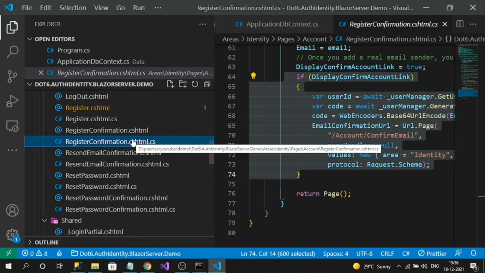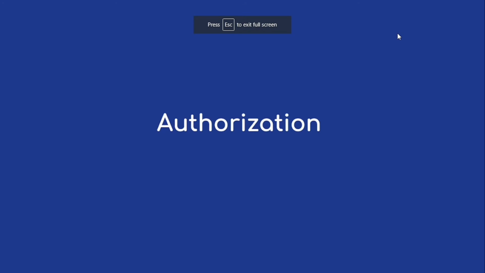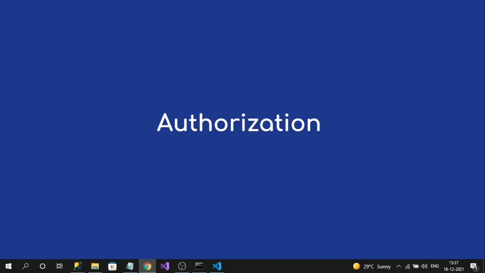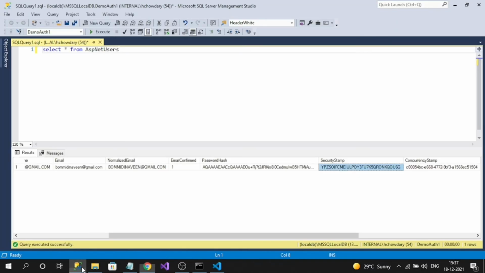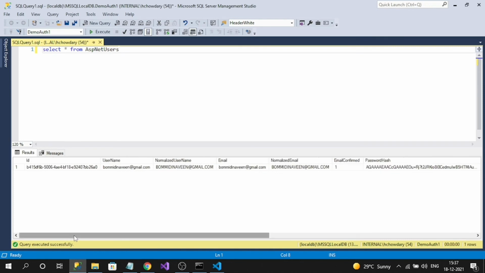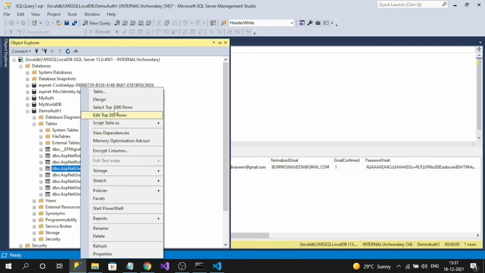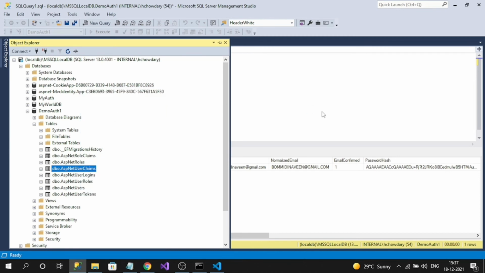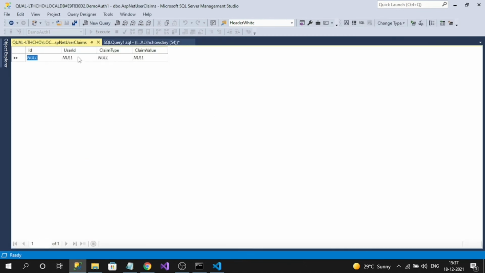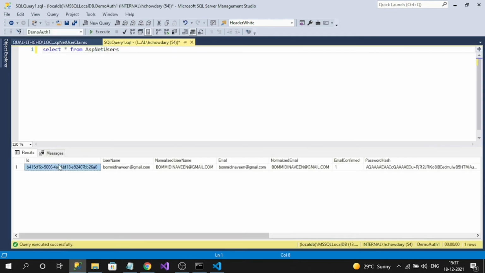I want to show the final step, that is authorization. Implementing authorization is also very simple. I have registered one user. Now what I will do is go to ASP.NET user claims, edit top 200 rows, and in the user ID, copy our user ID,